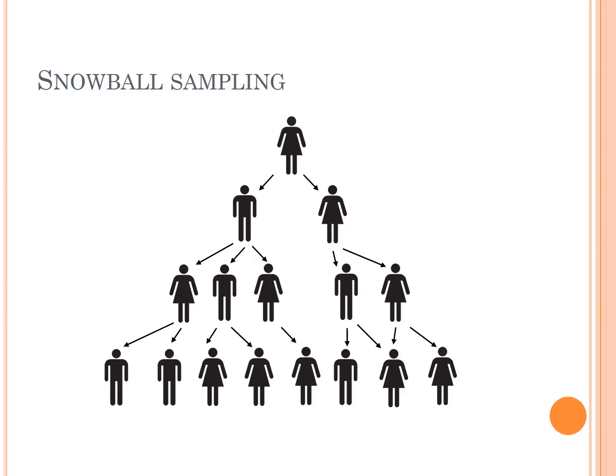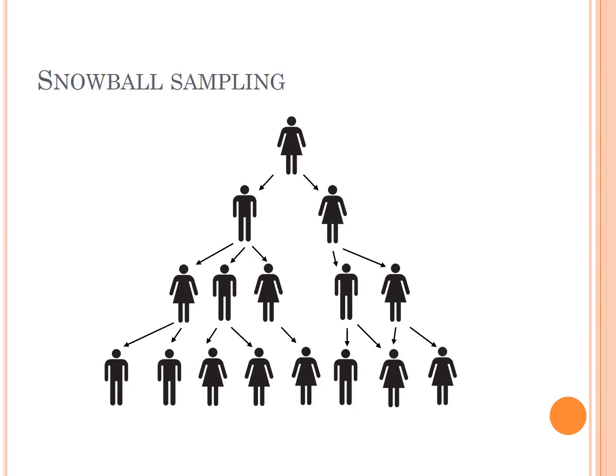The name snowball sampling comes from the idea of rolling a snowball down a hill. It starts out very small, but by the bottom of the hill, it's accumulated a lot of snow and it's grown much bigger. And in the same way, the idea is that you start small with one person, and as you roll down the hill, metaphorically, you have a much larger sample